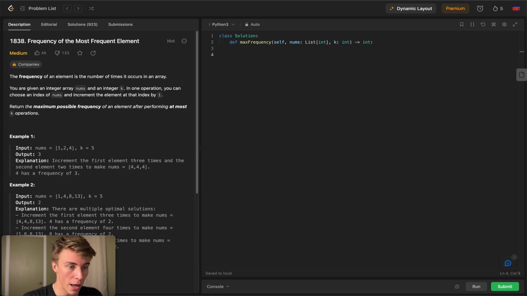I'm going to have a couple of variables. I said already that I want the current sum. I want my start and end. Actually, end I can do from my for loop, and let's have a max frequency also equal to 0. For end in range len of nums,